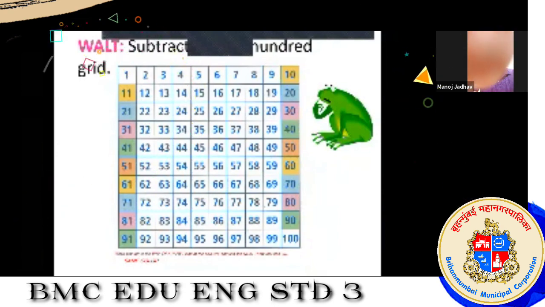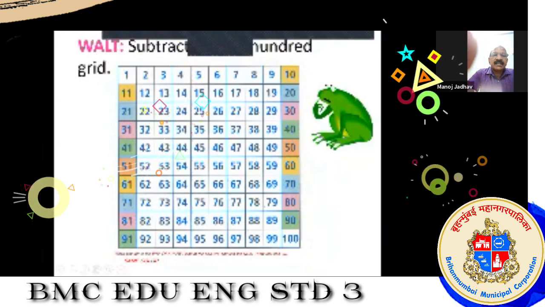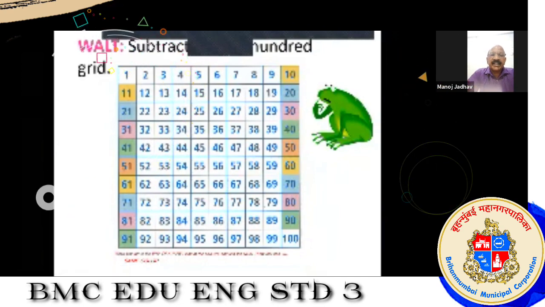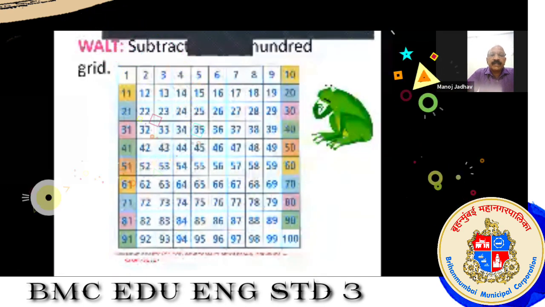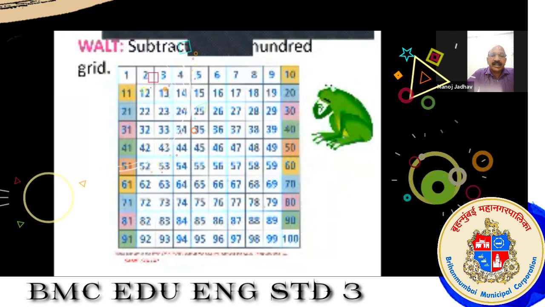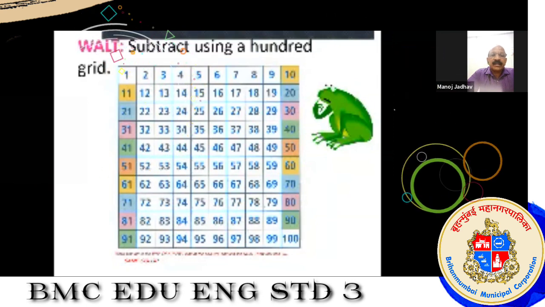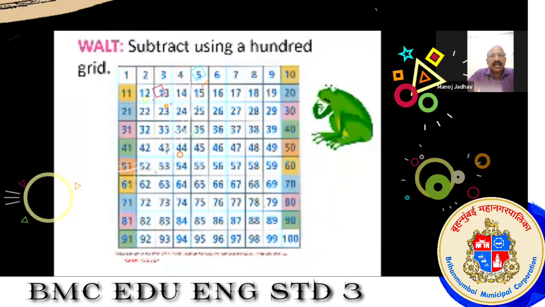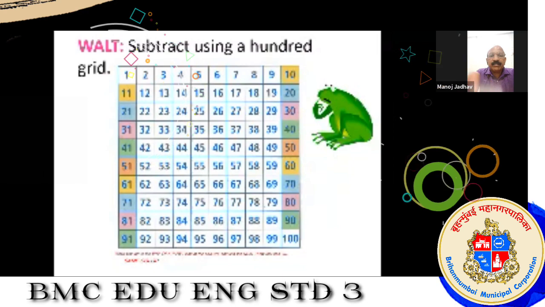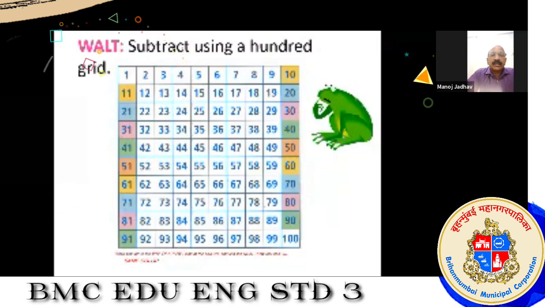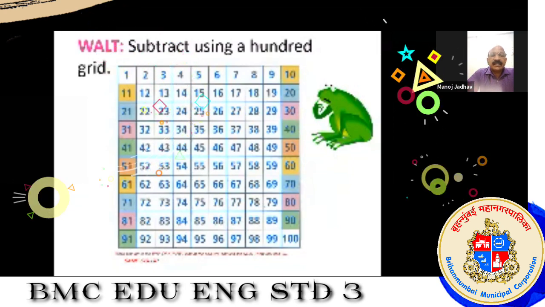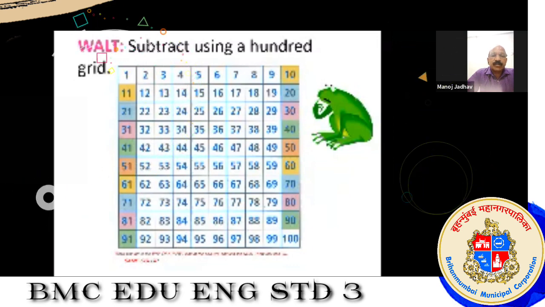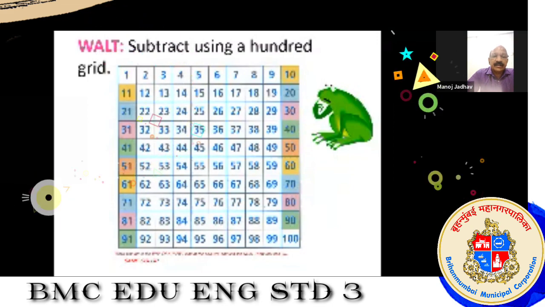Now see, this is a subtraction grid. It is a kind of number grid which we learn right from junior classes, first to 100. In this grid, we can see all the numbers which we have already learned. 1 to 100 में जो number सीखा है वो number सब लिखा हुआ है. Now, using this grid, we are going to see more interesting subtraction problems. Okay, see the next.